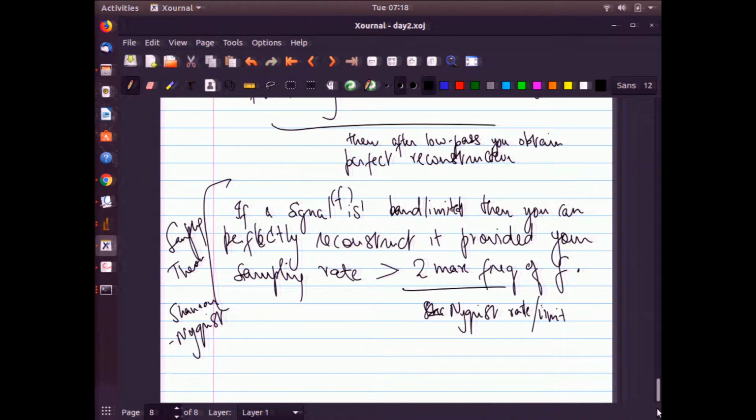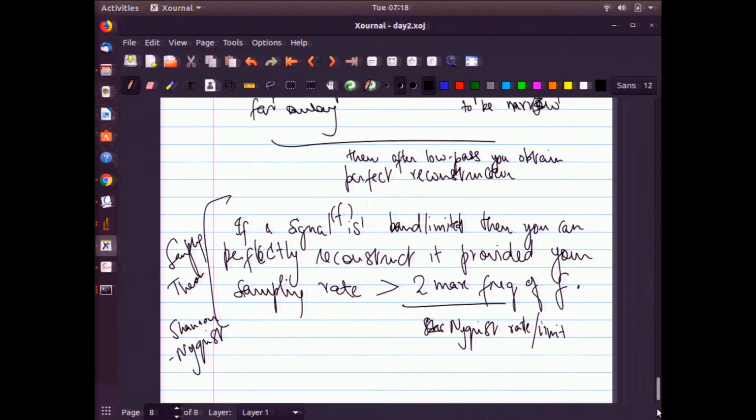It's just the max. It's always the max. It doesn't matter where. Same condition. So if your maximum frequency is not bounded, then you can't guarantee perfect reconstruction. If your maximum frequency is bounded, it doesn't matter what else happens inside. You need to sample at that maximum. Right? Because anything else will cause